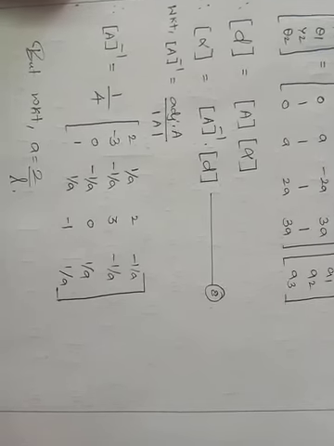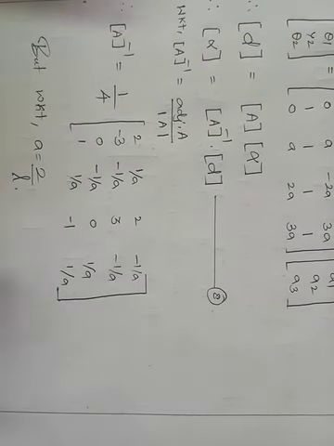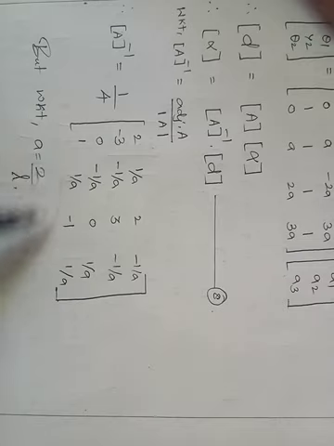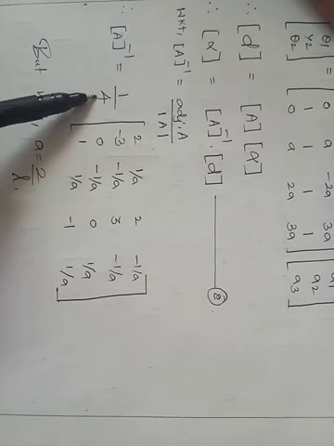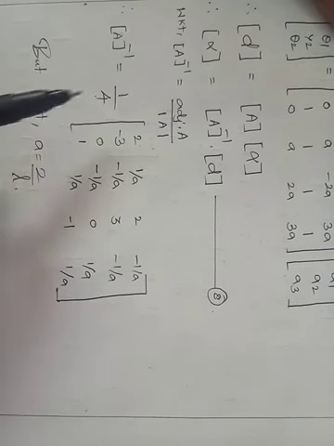Now we know how to calculate the inverse, so I have calculated it for you. The inverse is calculated by calculating the determinant as well as the adjoint. If you want to calculate the adjoint, first we need to calculate the matrix of cofactors. Then if you transpose that matrix, we will be getting the adjoint, right? So after getting the adjoint, if you divide it by the determinant, you will be getting the inverse. Now in this case, the matrix I have shown in the square box is the adjoint, and 4 is the value of the determinant, right? So it is 1 by 4. So this is the adjoint of A.